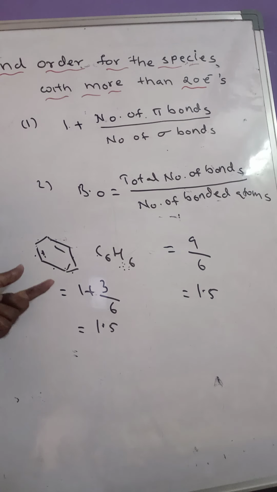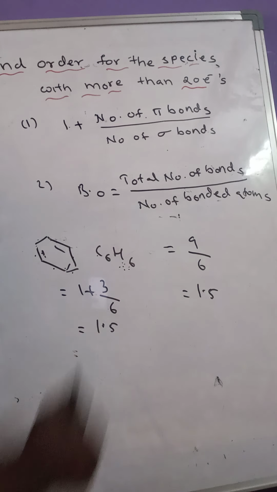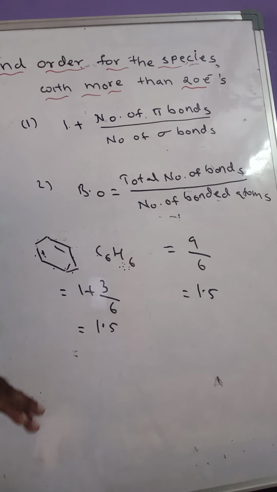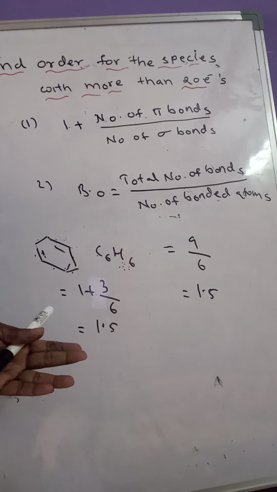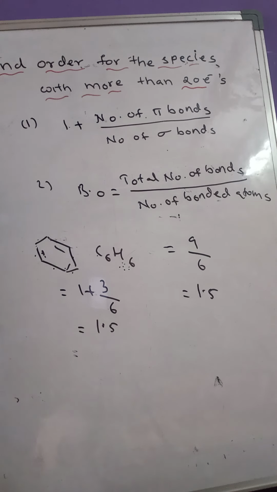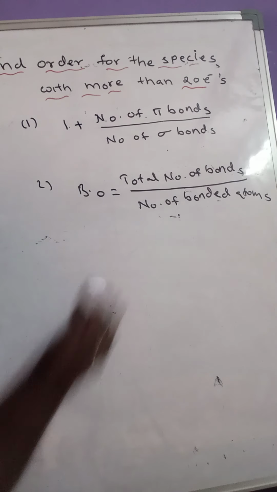So like this, for benzene we have to calculate bond order just by considering the ring structure. Don't go beyond that to the CH bond, because here we are calculating the C-C bond order. So here also we got 1.5, meaning this C-C bond has neither double bond character nor single bond character. It is intermediate, the bond order is 1.5.